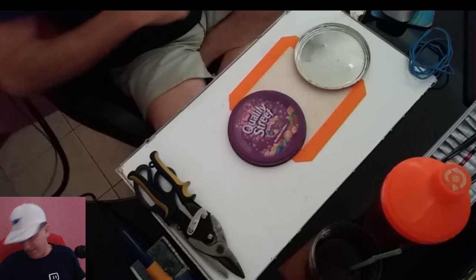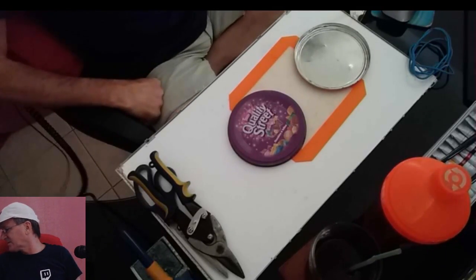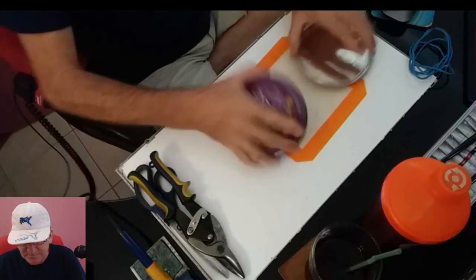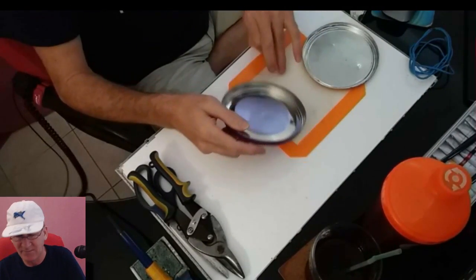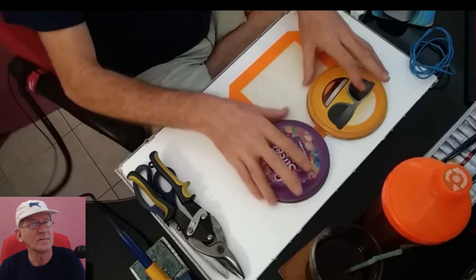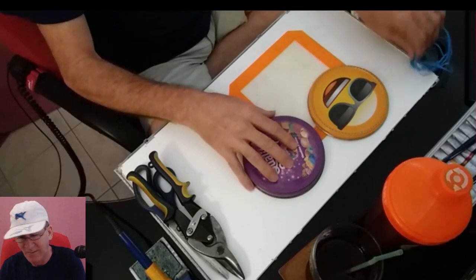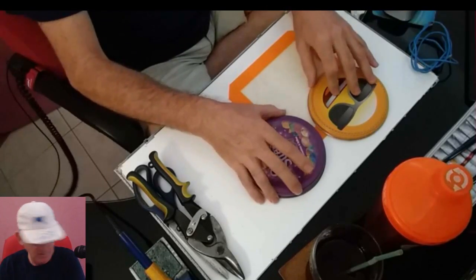Can you see what I'm doing? I hope so. Echo, turn on lights too. Right, that's a bit better. Okay. Let's see what I'm doing